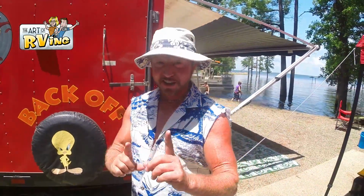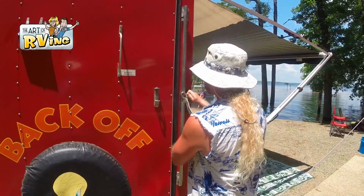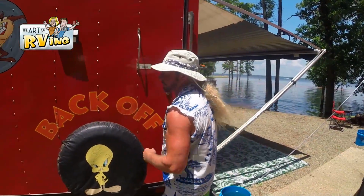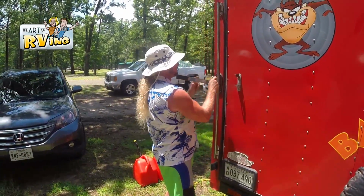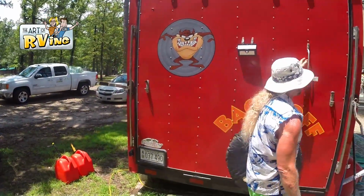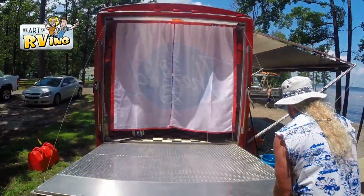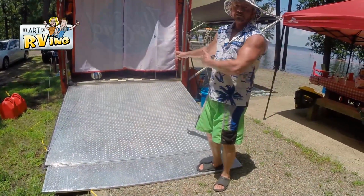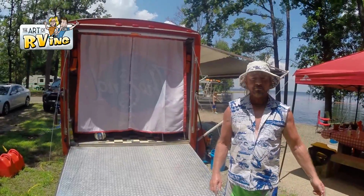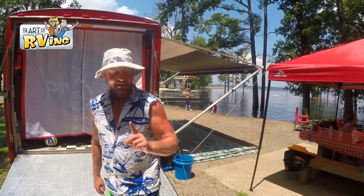All right, now we're on the outside of the other end, if that makes any sense, but that's where we're at. All you do, of course, I've already unlocked the locks. If we keep it locked, don't want nobody folding it down while we're in there sleeping. Hang the lock on one side, on the other one. One-man operation, grab a hold, pull it down. Of course, you're going to let some of your cold air out, but it's worth it just for the convenience. Fold this over. Motorcycle goes in, razor goes in, your fan goes in, your ice chest goes in, everything on wheels goes in, and also,